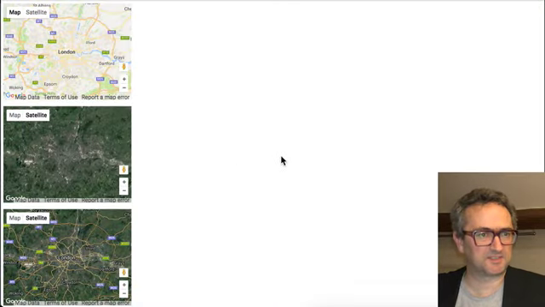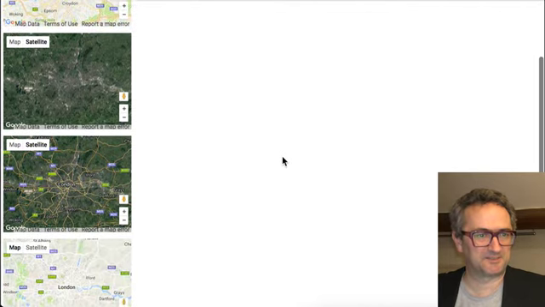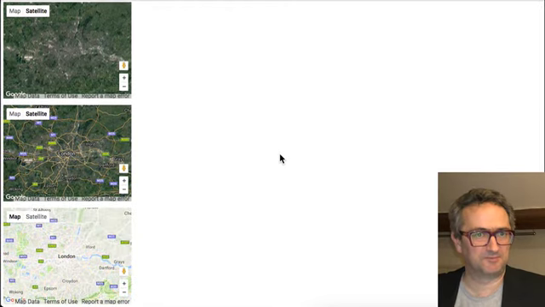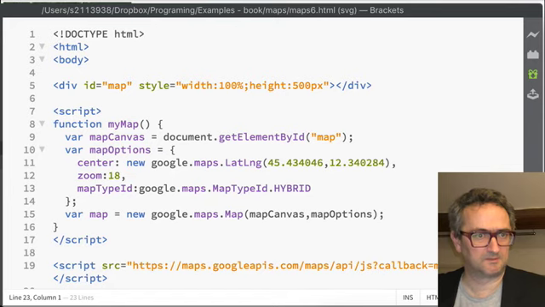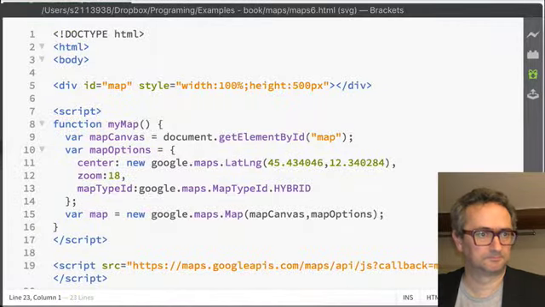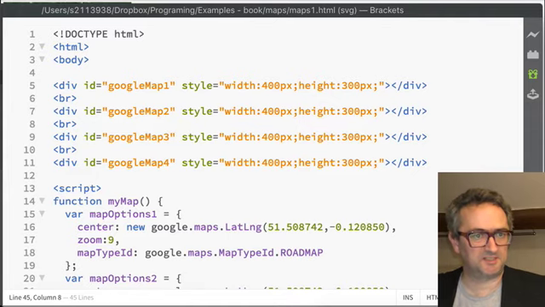Okay, so this one has opened up, well, it's a map of London, and it's showing several different Google Map views of London, so satellite views, road views, etc., etc. Let's just go and have a look at what the actual code looks like. Got this in Brackets, open up. Okay, so this is the maps code, and it's basically